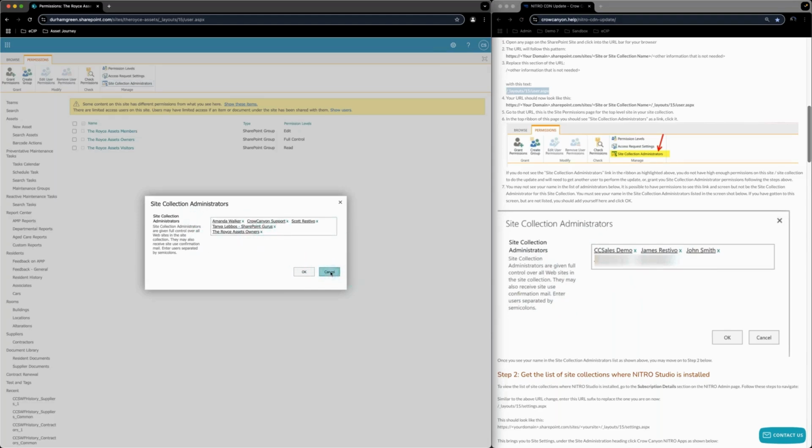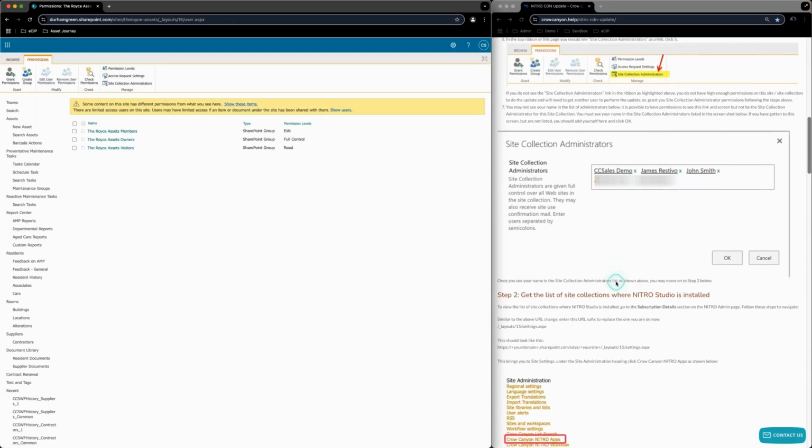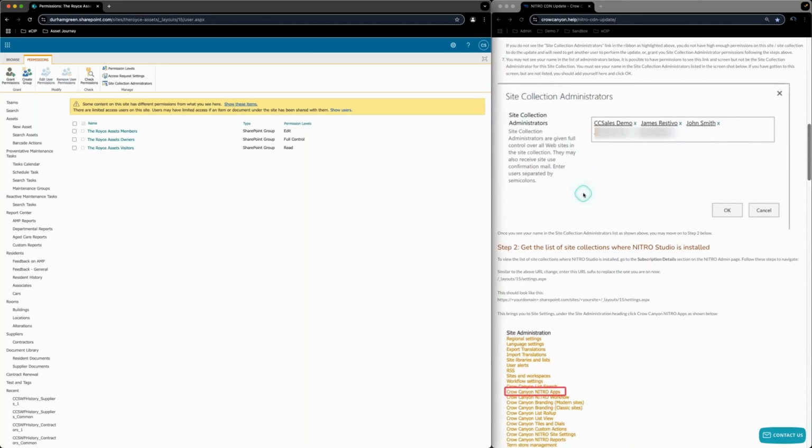If I see my name there, then I know that I am. If I wanted to put someone else in there, I could, but I need to be a site collection administrator to be able to do this update. So if you can't get past that step, then you need to talk to someone who has permissions on this